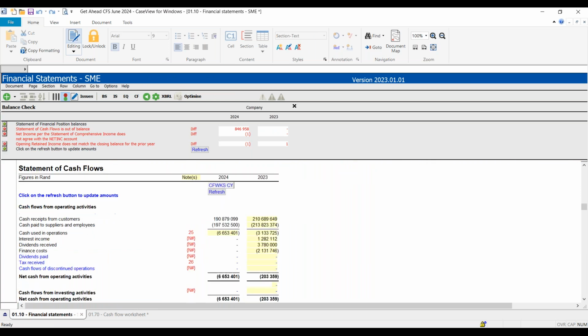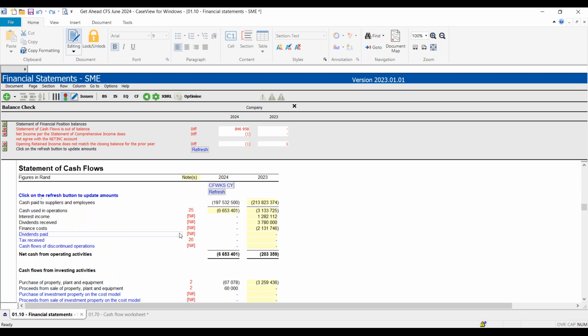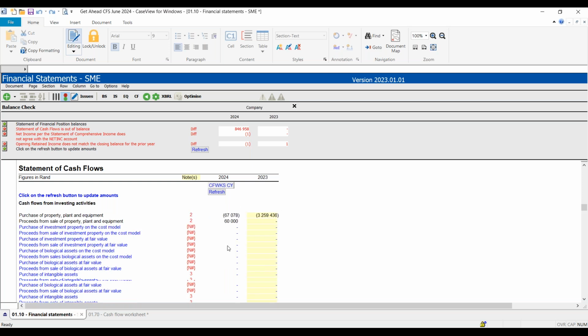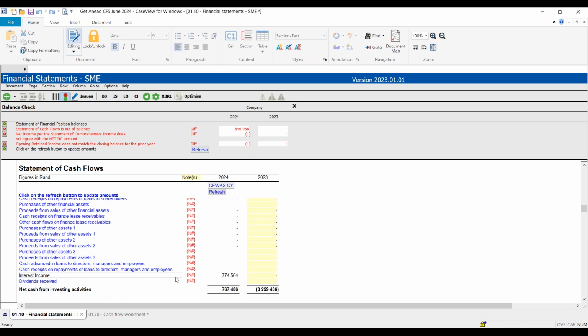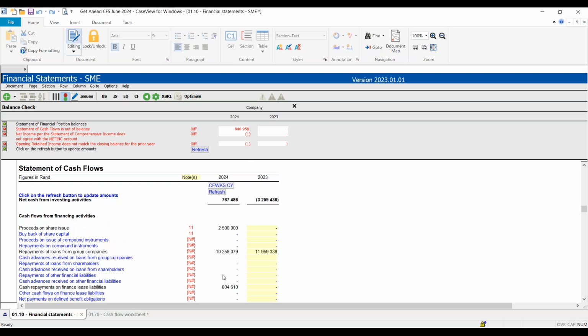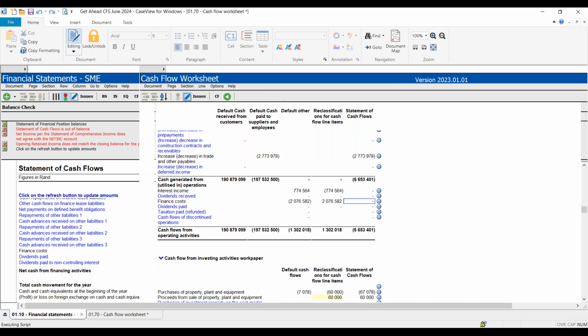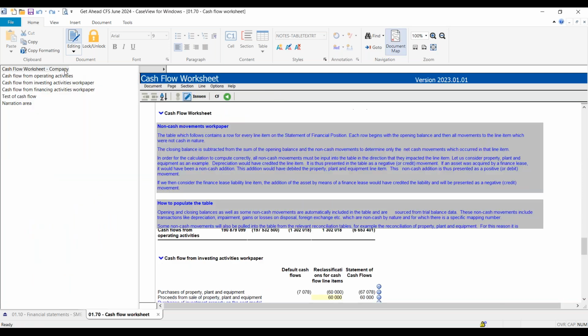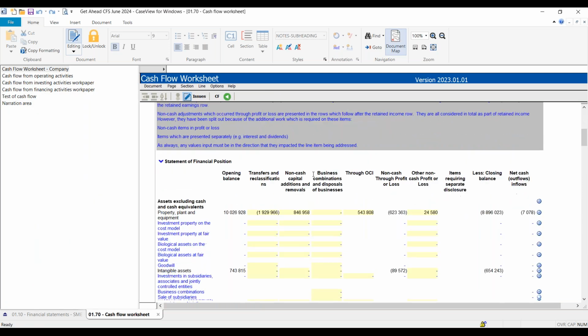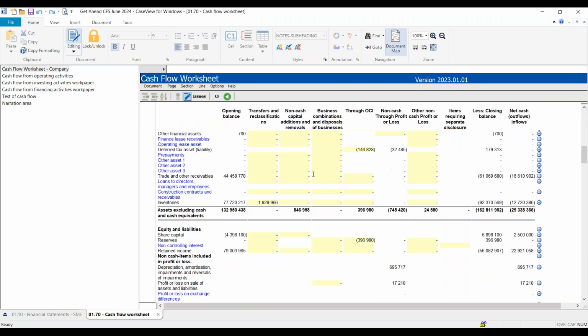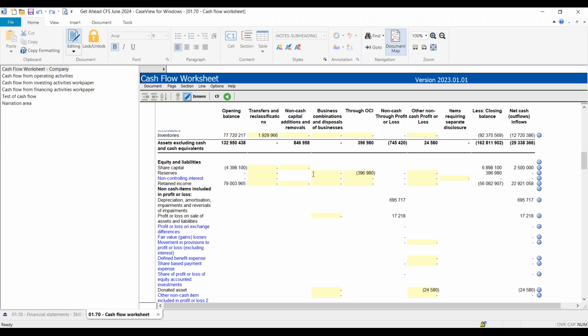and we're nearly coming in for a landing, you will see our separately disclosed items in the current year are all gone. If we go to our investing activities, there's our interest income and our finance costs. And remember, this would be the actual cash amount that we worked out in the cash flow worksheet. All right, we've just got to complete the liabilities part of our main worksheet yet. At this point, we're still not in balance. So I'm going down past assets. We've done all of our equity,